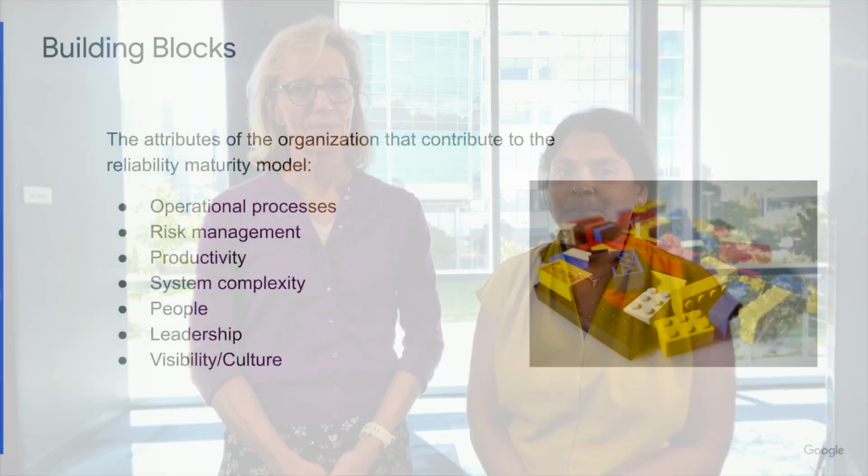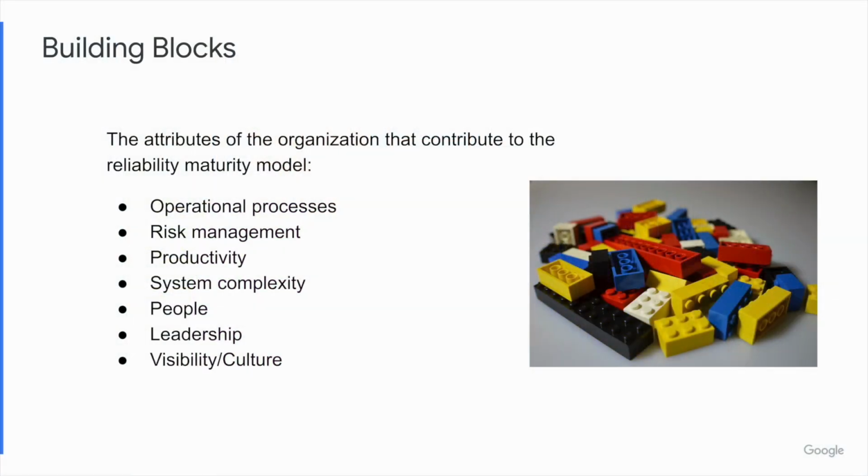From this point onwards, we realized that we should be looking at how to measure reliability maturity, and then also the attributes that contribute to them. So we brainstormed about the attributes that contributed to the long-term success in that project and that team that Vartika and I were on. These attributes should reflect the organization's commitment to reliability, but it also should reflect how the organization shows up on a day-to-day basis and engages in reliability work. And the list we came up with, as you can see, is on the slide. I'll go into a little bit more detail for you.